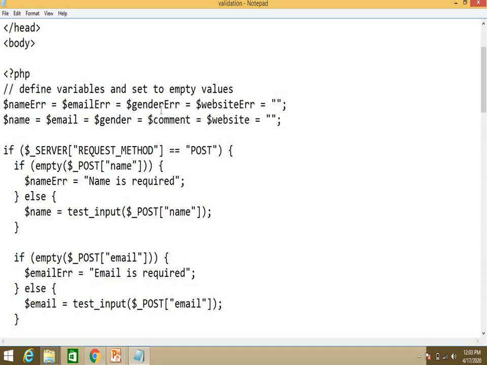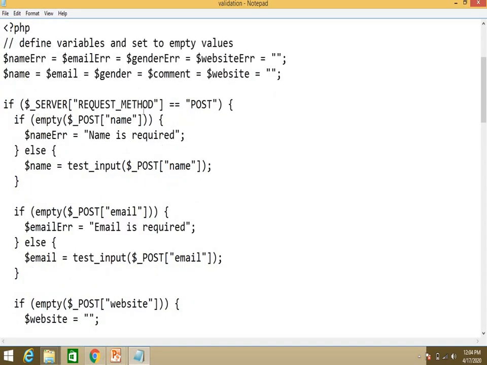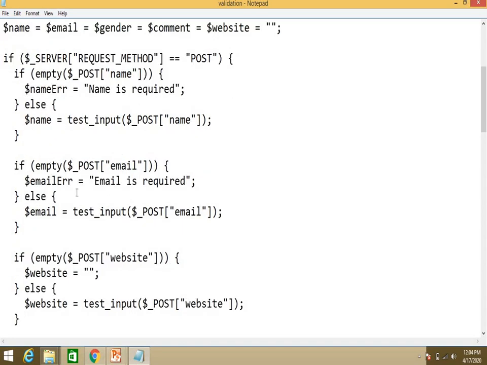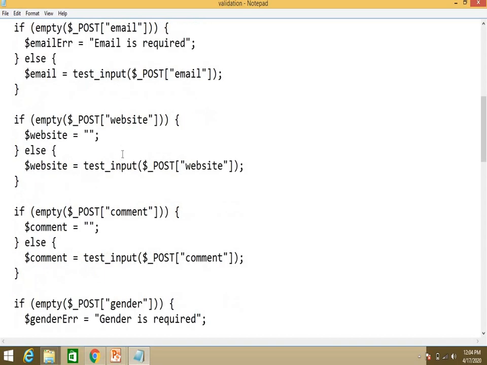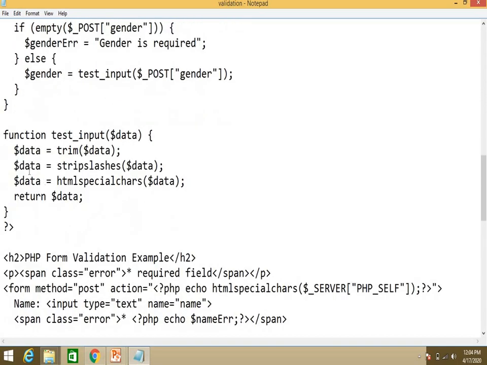If these are equal to null, meaning you are not entering any values, then when the request method equals post, if the name is empty, it will show an error: name is required, then email is required, etc.